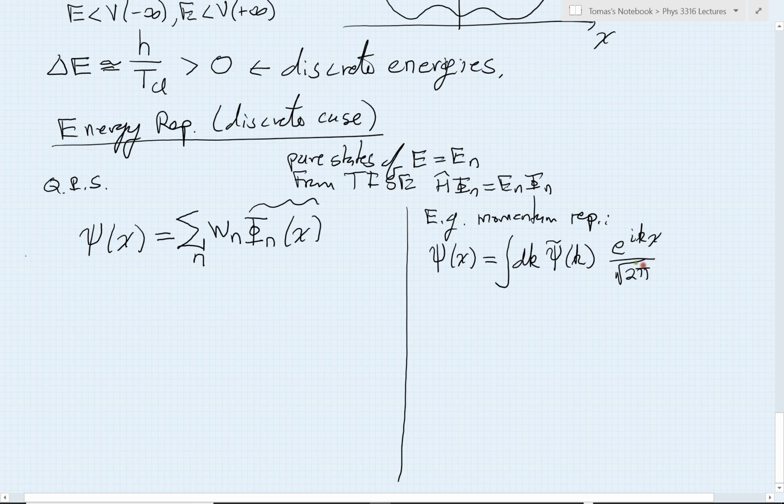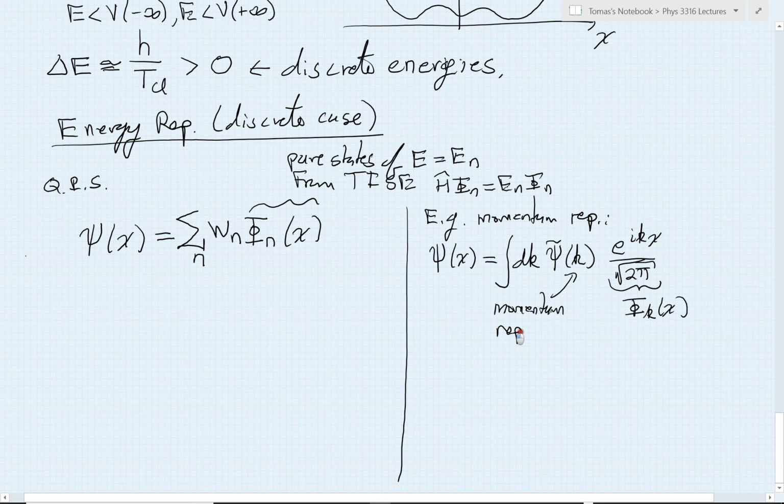And I hope you can see this looks very much like this form of the superposition. The two slight differences, or really it's just notation, is this then represents my pure states of momentum. And the factors that are multiplying them before I add them up or integrate them, this is then the momentum representation